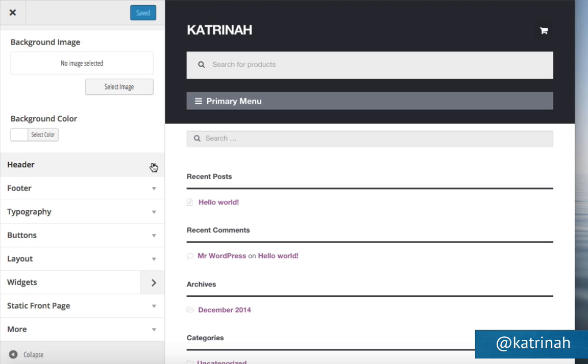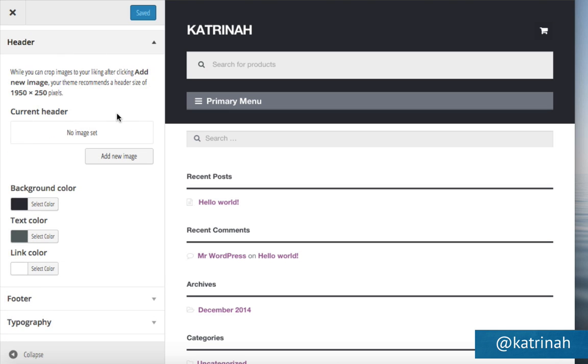And then moving on to the header section right here, this is where you can drop a header image or background color to the top section of your website. So everything here that we currently see in this kind of gray-black color, you can add either a background image or a color. So for example, if you do decide to use a header image, you want to make sure that the dimensions are 1950 pixels wide and 250 pixels tall, as it says right here in this note. I'm not going to add an image across the entire front section. Instead, in one moment, I'm going to be adding a logo, but right now I do want to change this background color to be simply white.